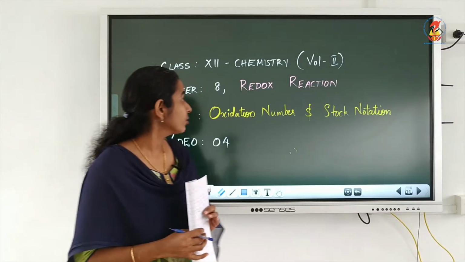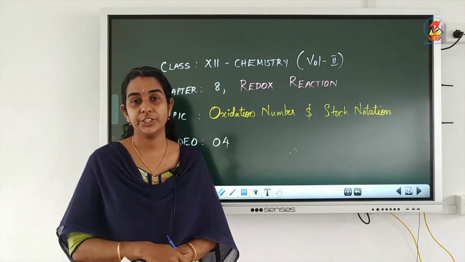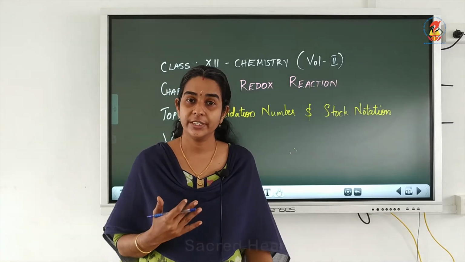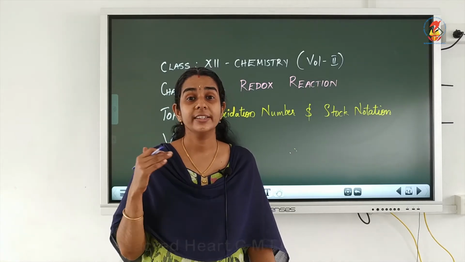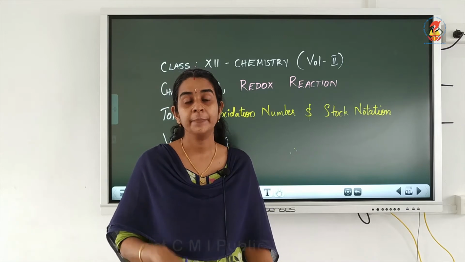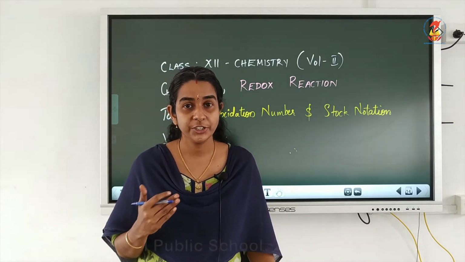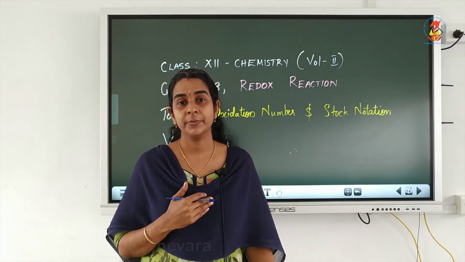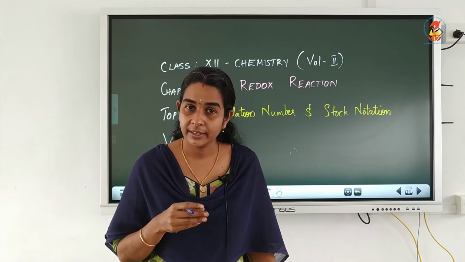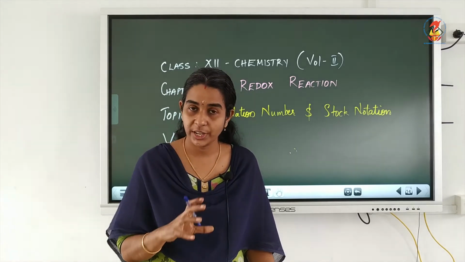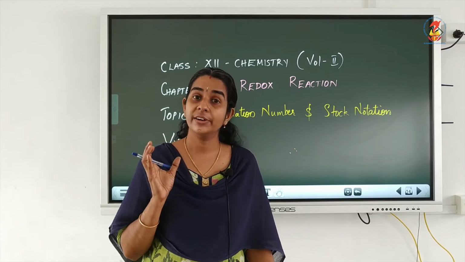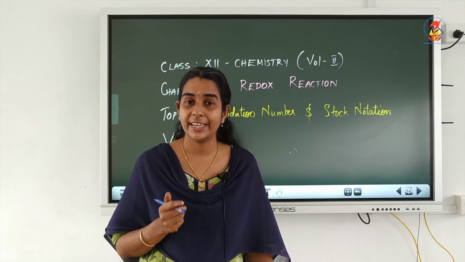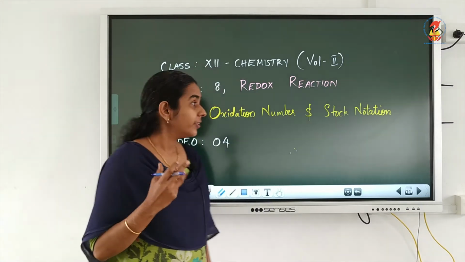Next we have oxidation number and stock notation. In the previous videos we studied that oxidation and reduction involve the transfer of electrons, isn't it? During oxidation there is losing of electrons, and during reduction there is gaining of electrons. So simply, during a redox reaction, or during oxidation and reduction processes, there is transfer of electrons taking place. Now, in the case of an ionic compound